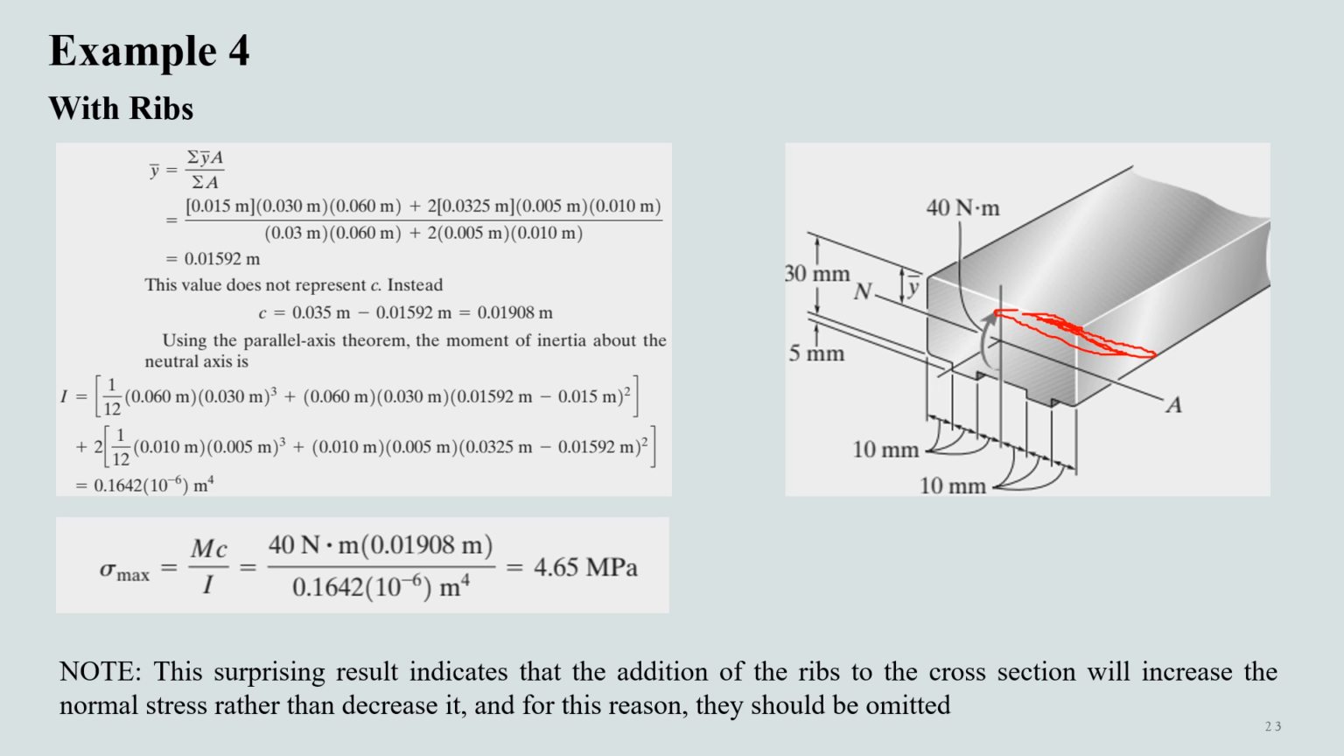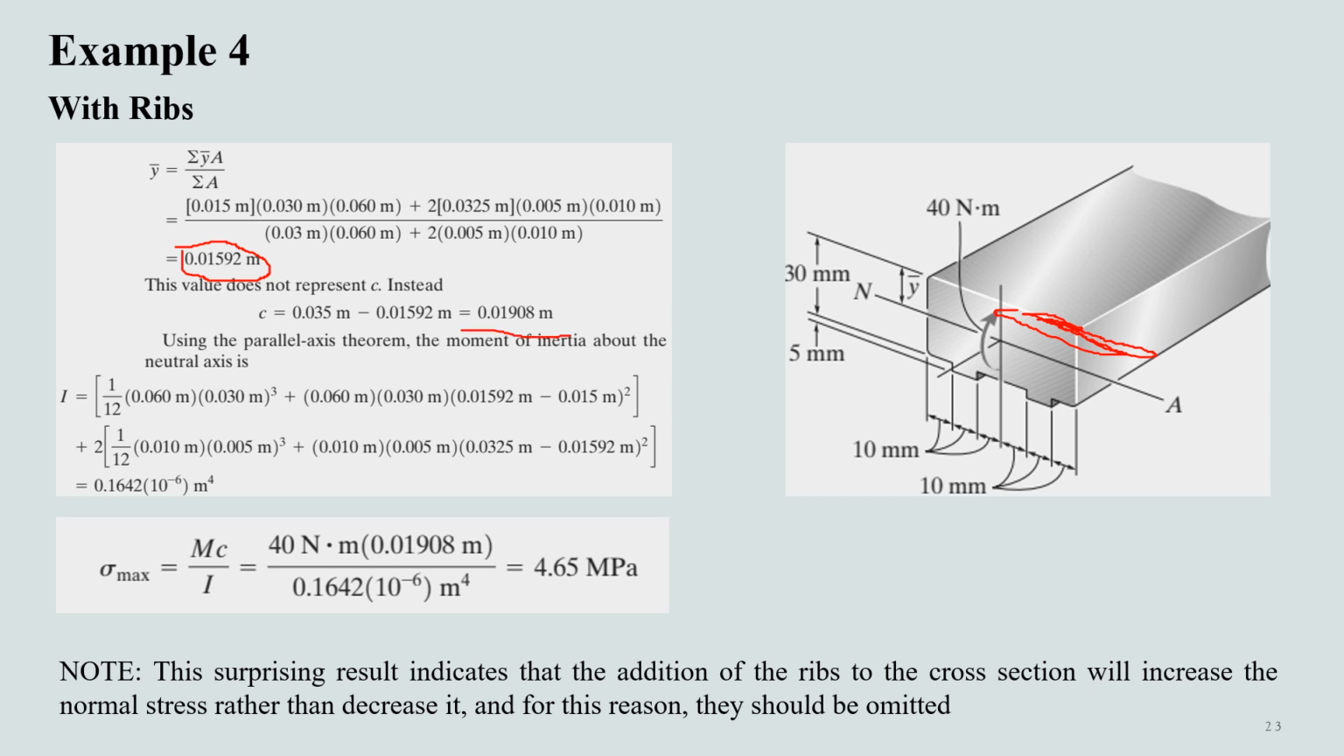And using these values and the areas for the respective rectangles, we have determined this value for the centroidal point of this whole cross section. This value does not represent c. Instead, c is actually the distance from the bottom. So we need to subtract this value from the total height of this cross section, and thus now we have determined this